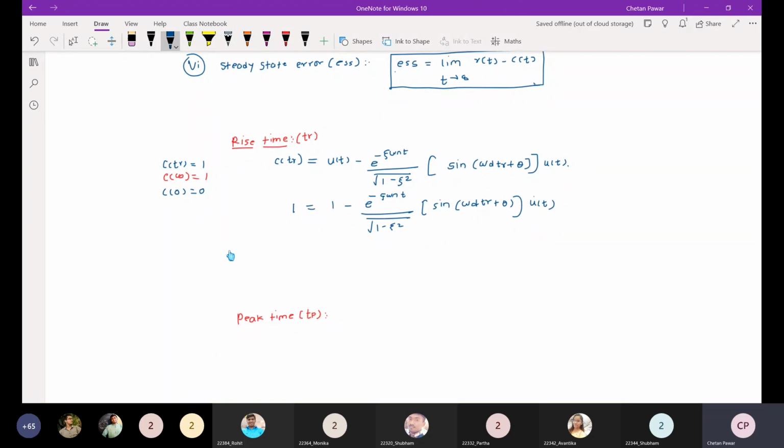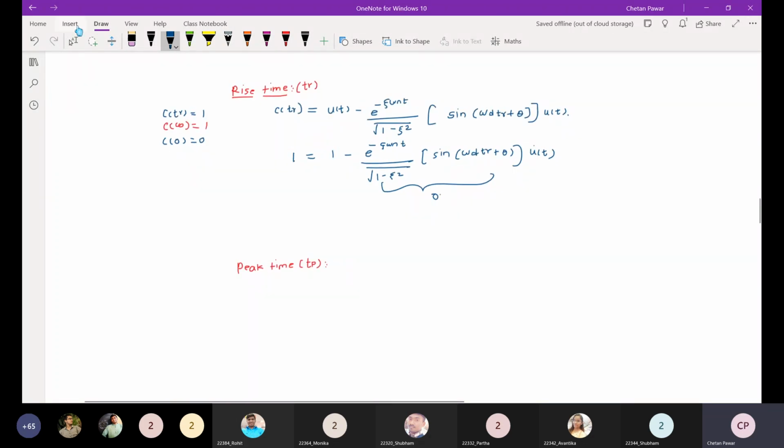To satisfy this equation, this term should be 0. The sine term should be 0, so this particular thing should be